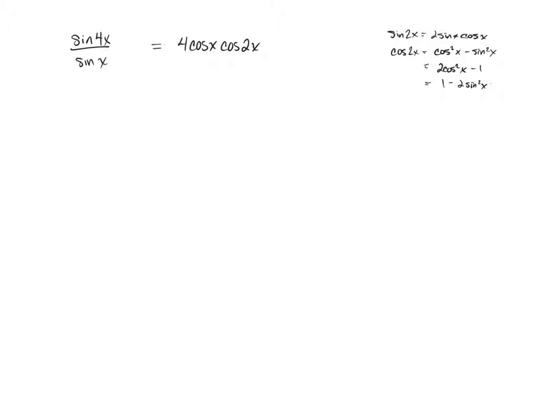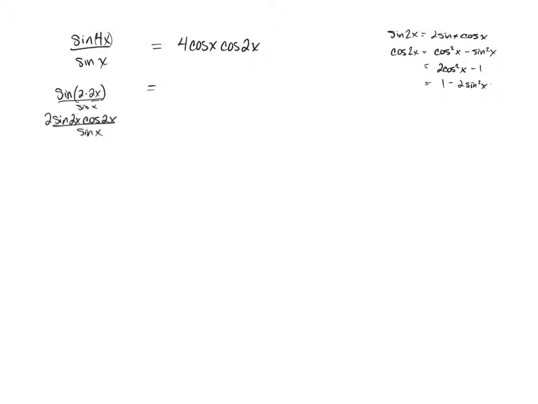So my first thought is kind of like what we saw in that first problem. If you see a 4x here, I see that as 2 times 2x. So my first step is going to be rewrite that as the sine of twice as much as 2x, which we can rewrite as, when we see the sine of 2 times an angle, the sine of 2 times an angle is 2 times the sine of the angle, cosine of the angle. So I can rewrite that as 2 times the sine of this angle, which is 2x, times the cosine of that angle, which is 2x. Oops. I forgot my sine of x that's in the denominator there. Let's make sure we don't lose him. Okay, so